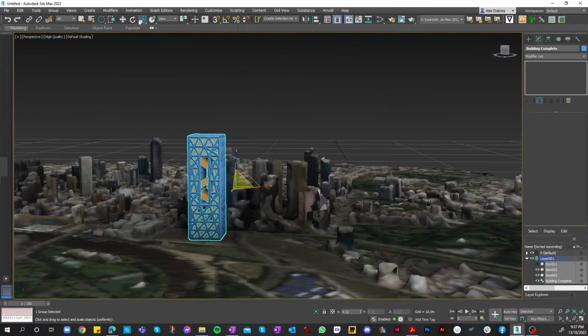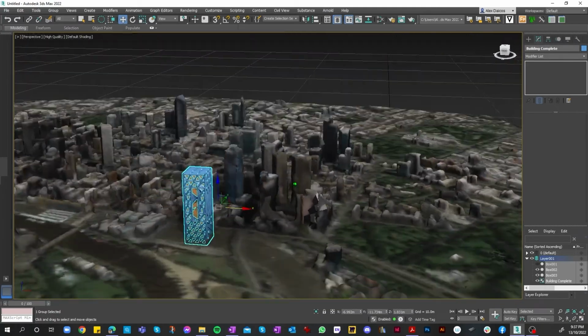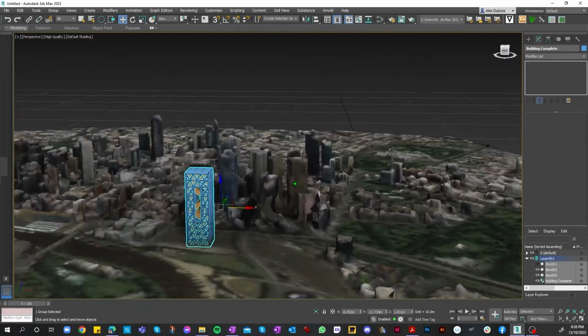Yep. There we go. And then we don't have to roughly have it exact, as long as it's high, sort of